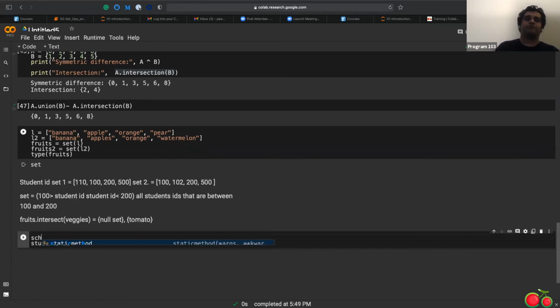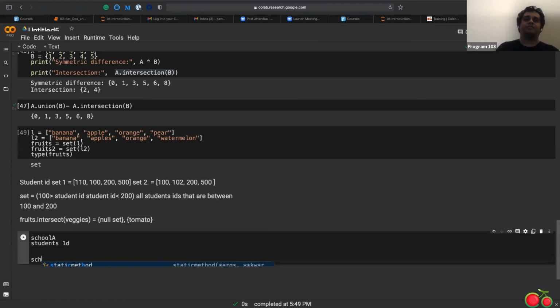Suppose I'm collecting all these student IDs from school A, right? If I'm going to be doing that, I should not be mixing the student ID data with school B, unless and until I clearly,